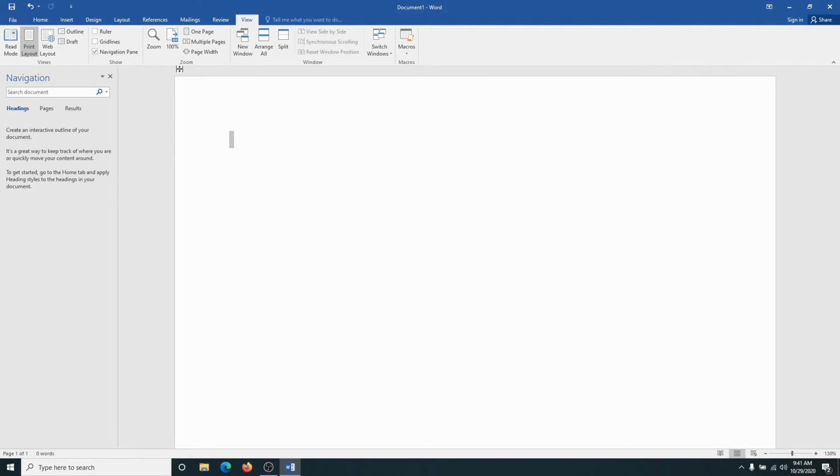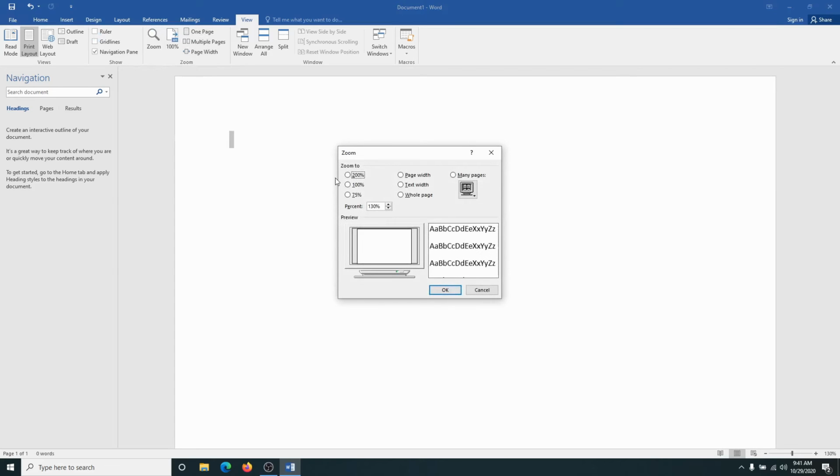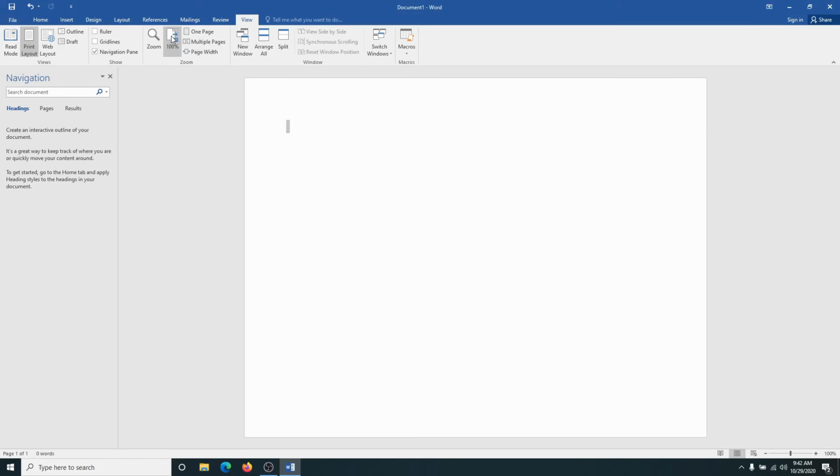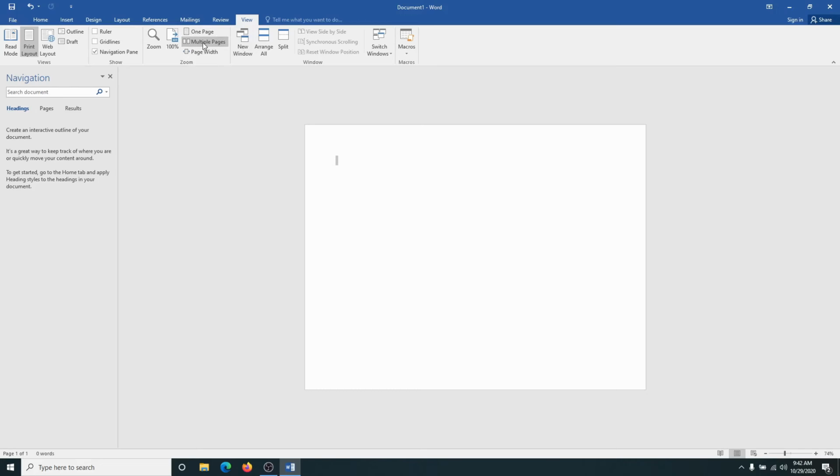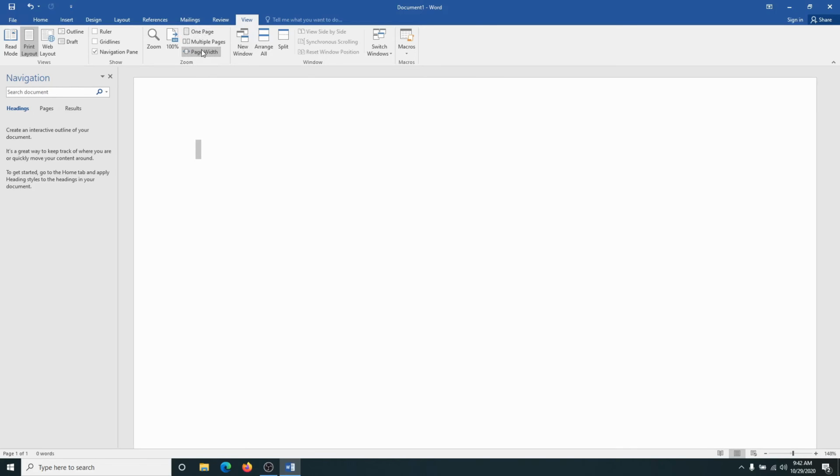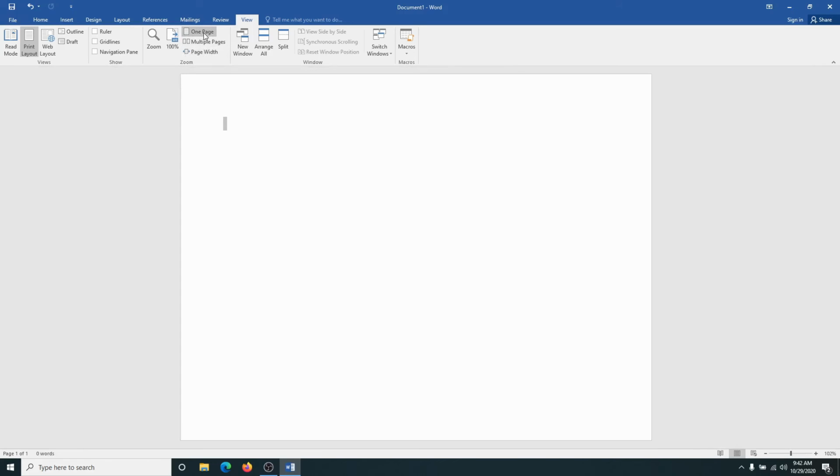I have the zoom function. This allows me to zoom in and zoom out of the page, and I can choose 200%, 100%, 75, and I can also do some custom zooming. Right now this is 100%. I can choose to have it viewed as one page, as multiple pages, or view it according to page width. Go back to one page,